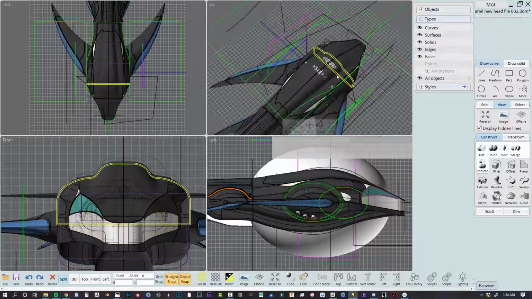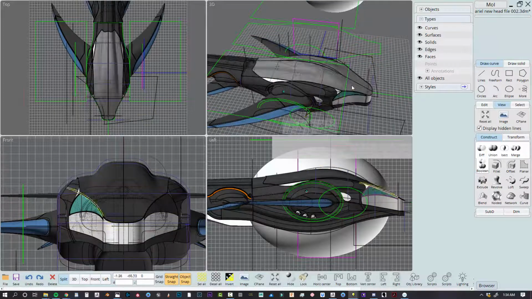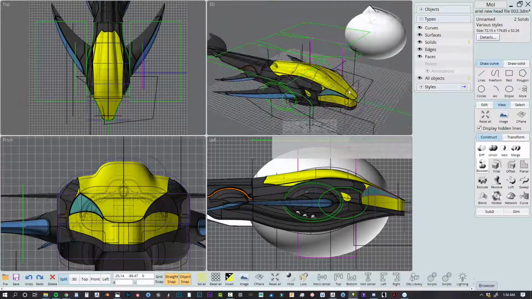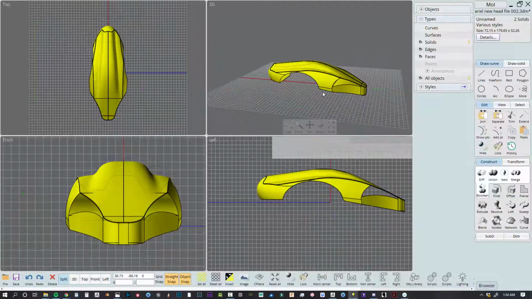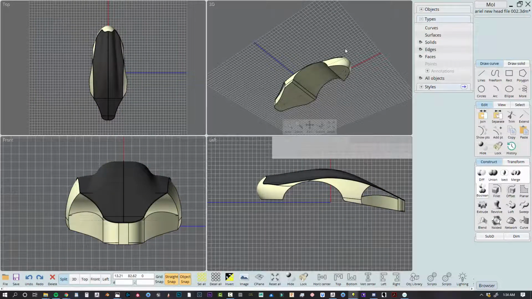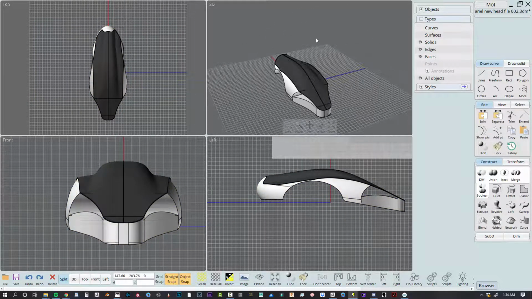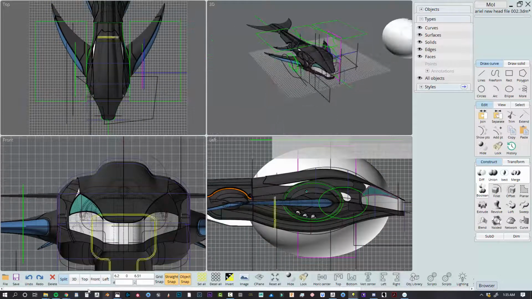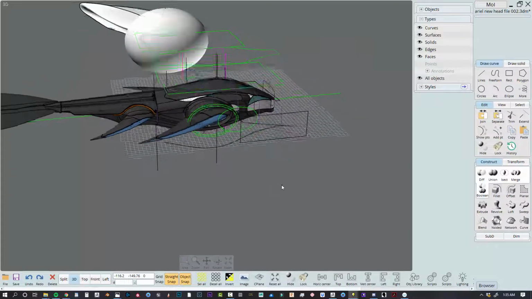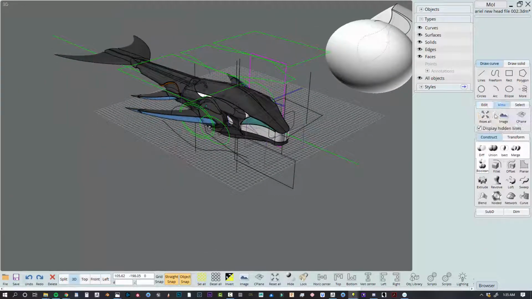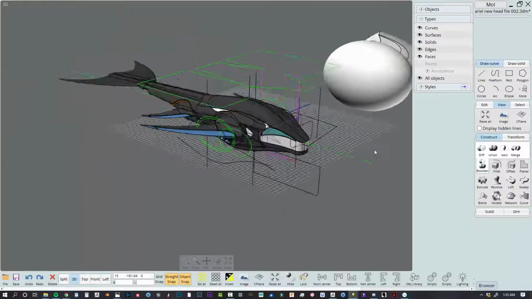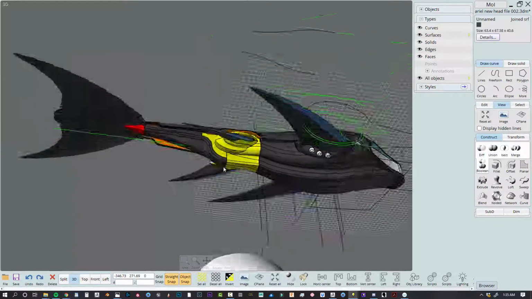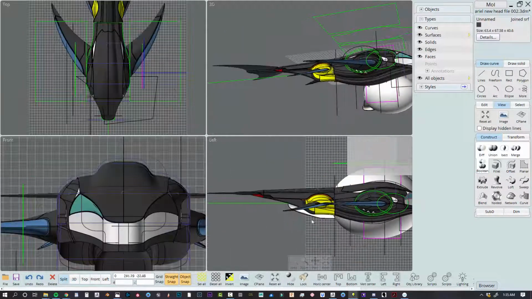This is actually a ball, like this. If I were to unhide it, you can see that what I used was actually just an elongated sphere, which is a very useful shape for a lot of these. But yeah, the general rule is like this, for example. I would just want to,